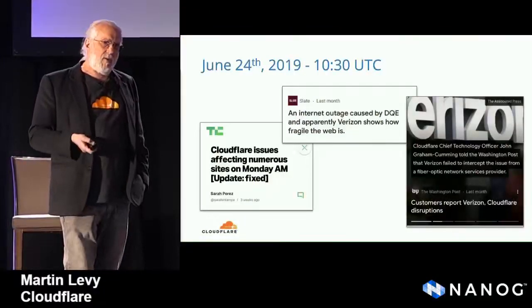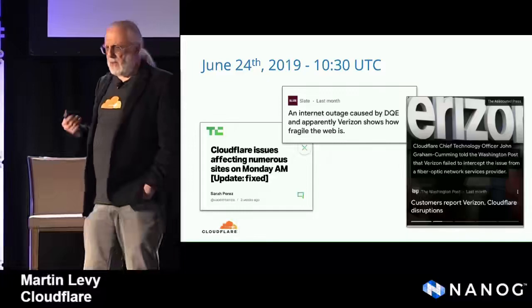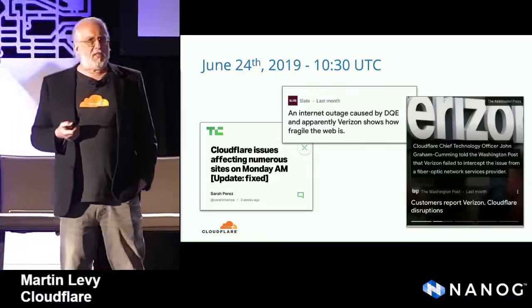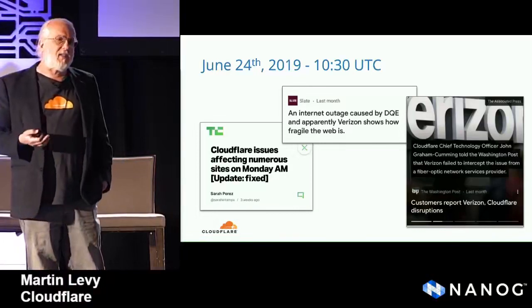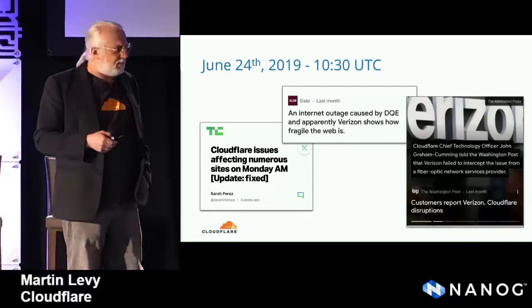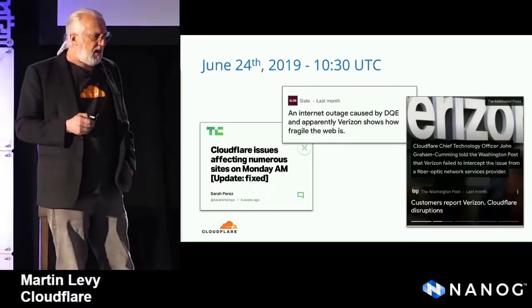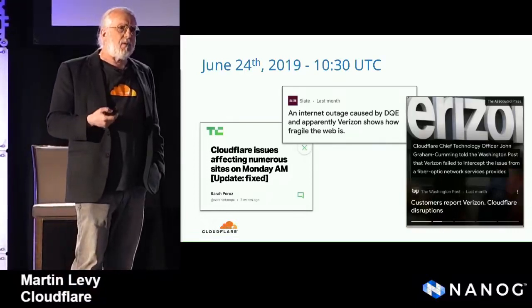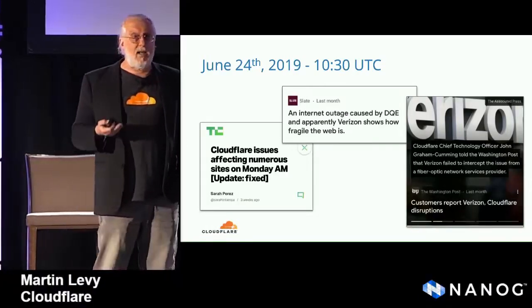First of all, remember, the press is quite good at writing about this stuff. The press got out pretty damn quickly in talking about the fact that there was a route issue, and it affected us, it affected Cloudflare, and it affected us with a rather big hiccup. It affected lots of other people as well. We just so happened to be sort of the more visible network that was affected.